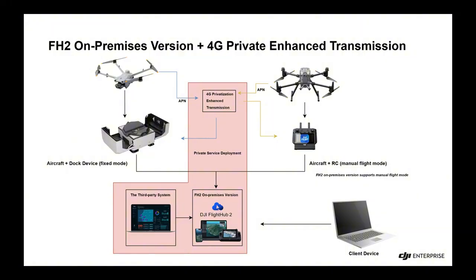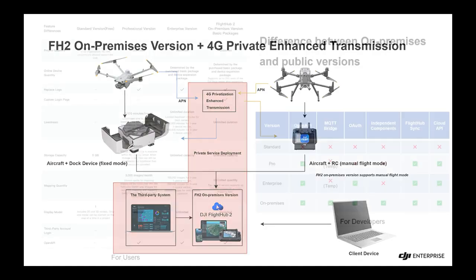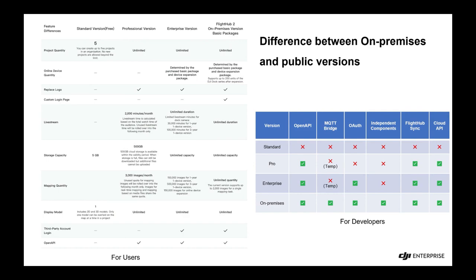So from the user perspective, the difference is what? Now I have a chart on the left side. Let's not focus on the right side for now. Let's focus on the left side. From the user perspective, the difference between the on-premises version versus the non-on-premises version